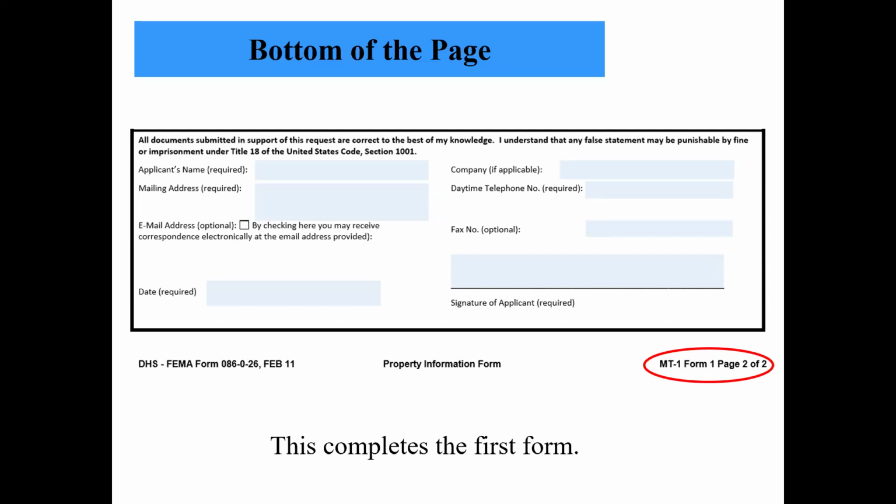So this is something that you could run into with a LOMR-F. People have built crawl spaces and then put fill around the outside to try to get a LOMR-F and say that it's elevated on fill, when the inside of the crawl space is below grade,